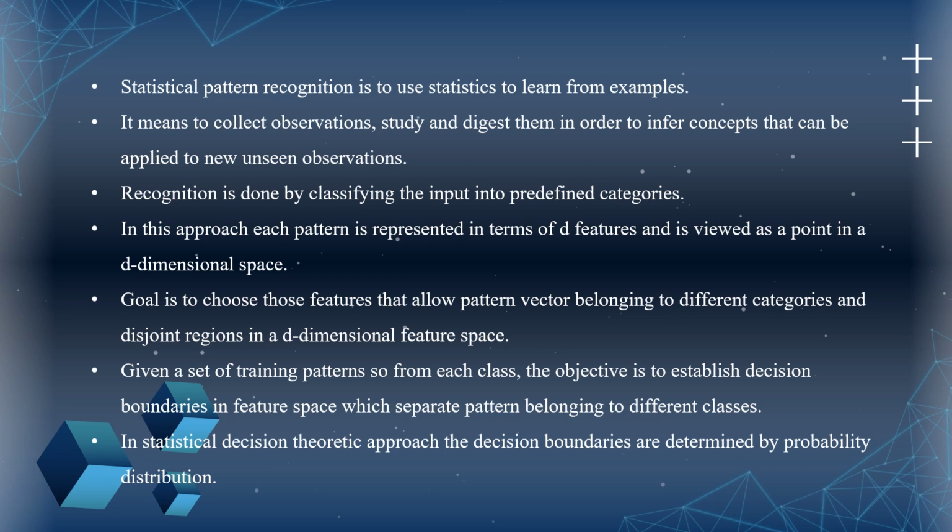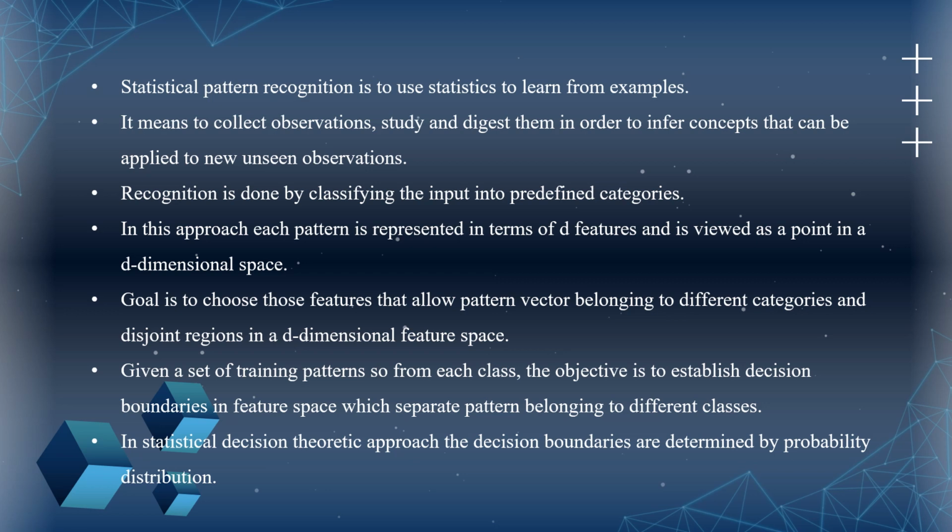Or we can say that if we have a data set, we need to decide the boundaries that help us understand that a pattern is different from another. So we need to make decision boundaries on a given training pattern and divide it into different categories or classes